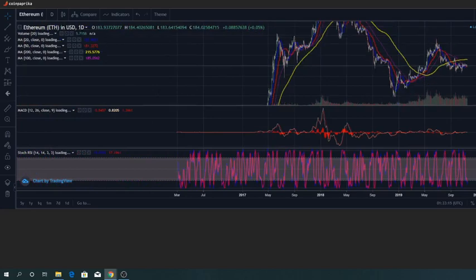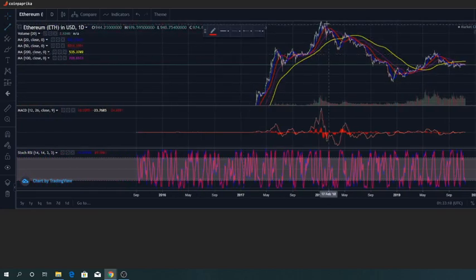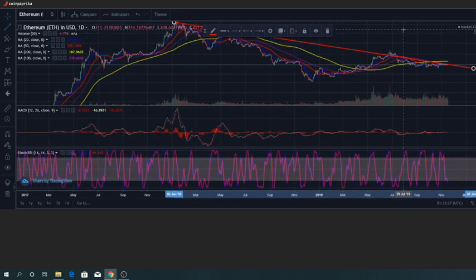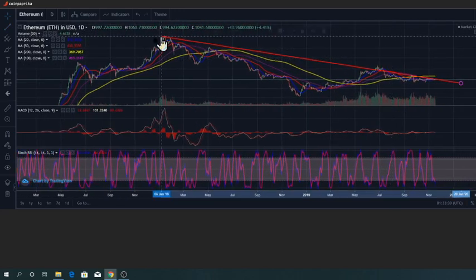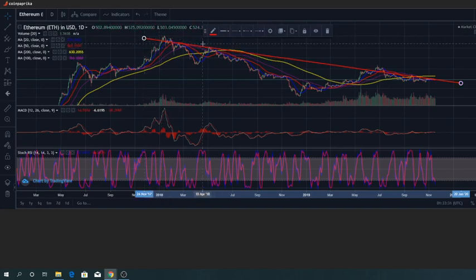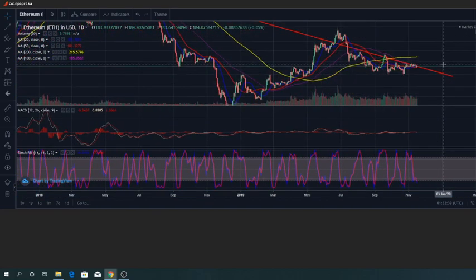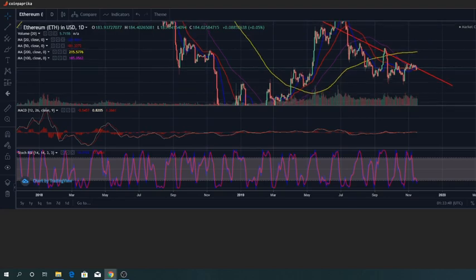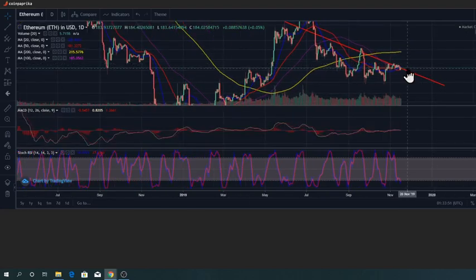So zooming out from that, if we plot a longer term trend line, either you connect this or this, it's up to you. For this analysis, I'll be connecting these tops, say this one, this one, this one, this one, this one, and this one. And what we can see is it's currently around that trading range, or the top of that trading range, just a resistance at present. So once it breaks that, a new trend will actually begin. And all the moving averages which are currently below that will act as a support from that particular moment.